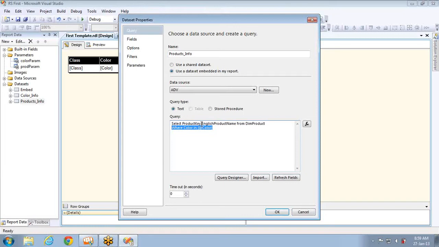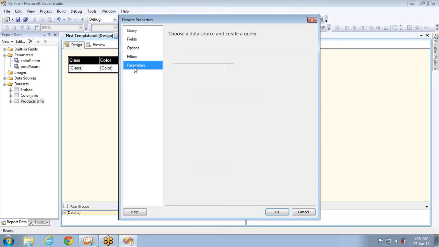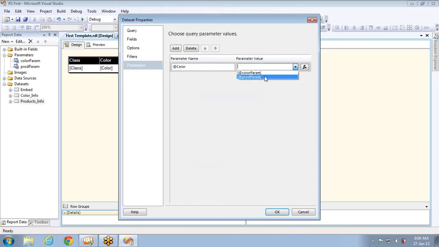This is the simplest thing, but people feel it is the most complex part of applying parameters or designing parameters. But see, you have to think about what is the requirement and how to achieve it. The requirement is that product should be filtered based on the color selection, or the next parameter, let's say class, should be filtered based on product selection. So in this case, product should be filtered based on the color selection. So I have added a where condition for the color, and now I have to map this. This color value I'll get from the color parameter.